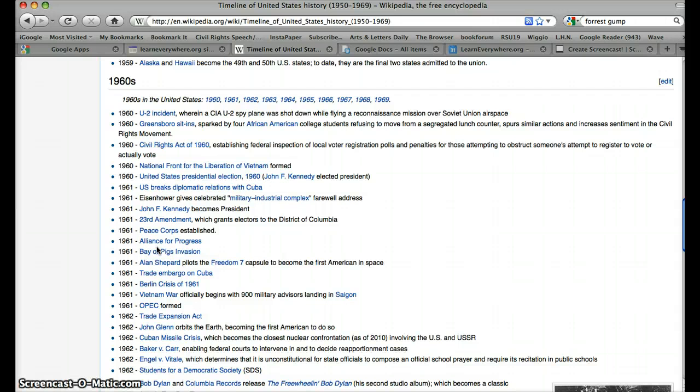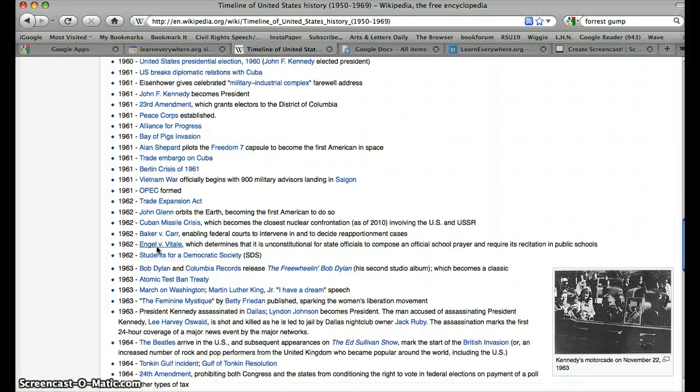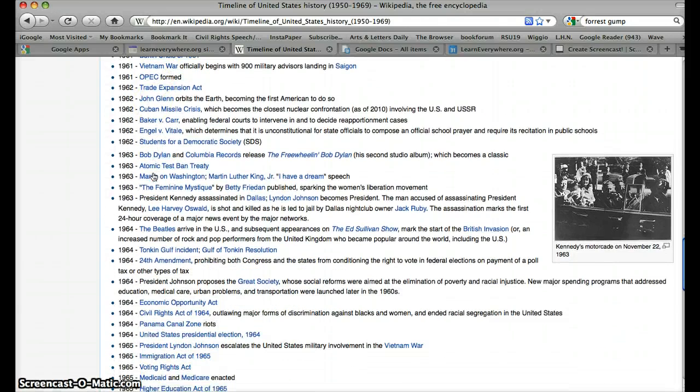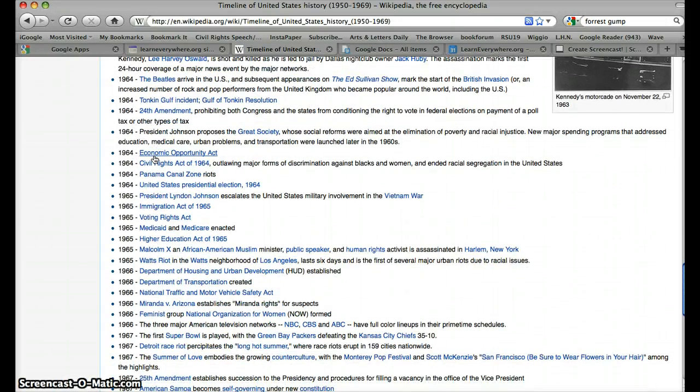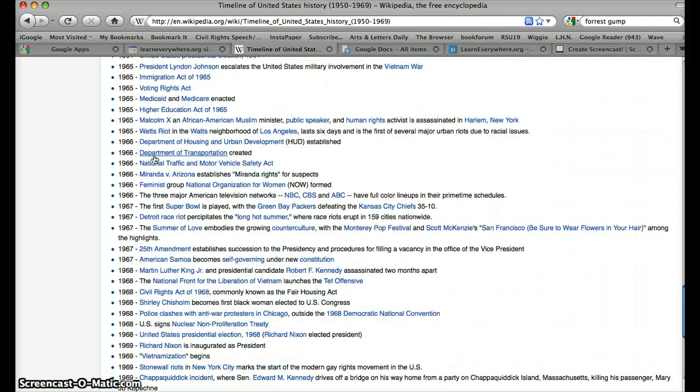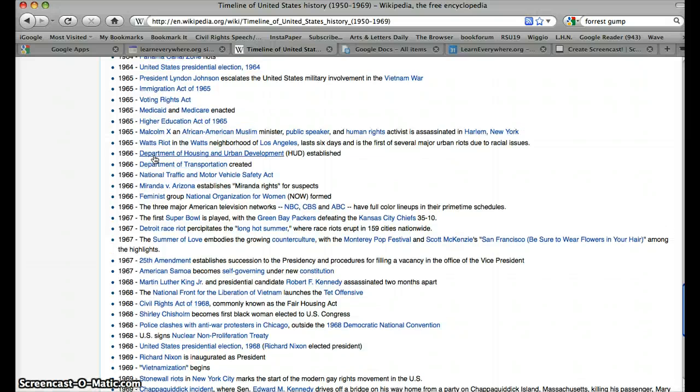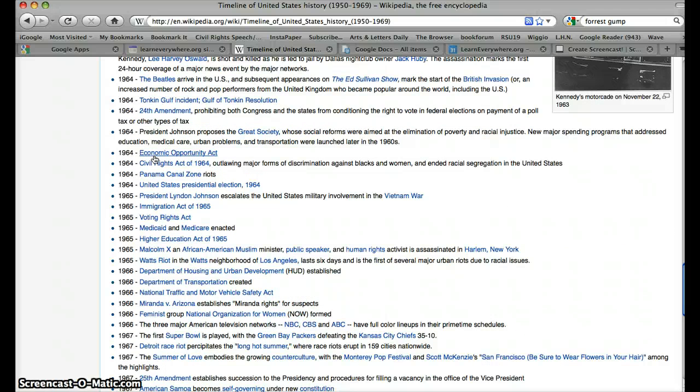Some of this may seem familiar. We've done some Cold War. You can ask about things that, based on the person you're interviewing, might jump out to them. If the person served, obviously asking about service and military events would be important. If you know the person is very much a strong Republican or a strong Democrat, asking about political issues may be good. So you scan down through and pick a few events. Bob Dylan, maybe they're a music fan. You pick events that either seem large in terms of United States history generally, or might be personal to you or to the person you're interviewing. And I would say pick 5 or 6 per decade.